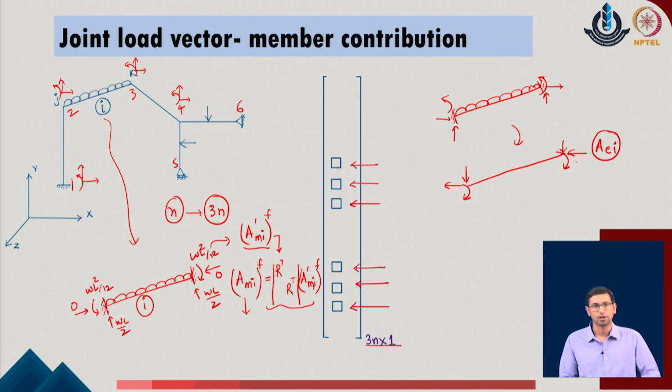Once we have this equivalent joint load in the problem, we realize that these equivalent joint loads will also act in the directions of the 3 degrees of freedom with respect to joint J, and the 3 degrees of freedom with respect to joint K of the given system. I will label them in a similar manner: 3j minus 2, 3j minus 1 and 3j for joint J, and 3k minus 2, 3k minus 1 and 3k for joint K. This means that the 6 values of the A of i which I am getting in the system